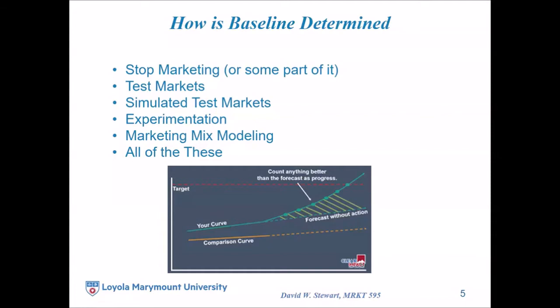We can do a lot of A/B testing really easily on the internet, on websites, with internet advertising. It's really inexpensive and very rapid to make changes and see what happens. And then there are some very sophisticated statistical tools that you will hear referred to as market mix modeling. This involves using lots of historical data and attempting to tease out the effects of different types of marketing programs. We teach a whole course in marketing mix modeling. I just want you to know what it is. It's simply a way of teasing out the effects of marketing activities.